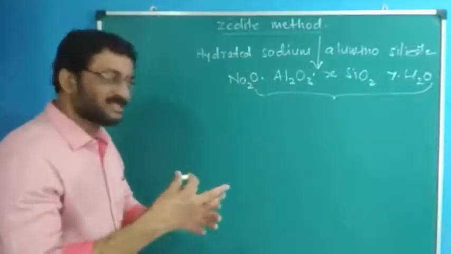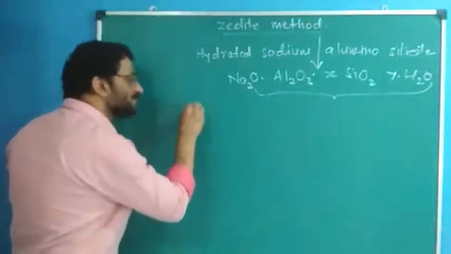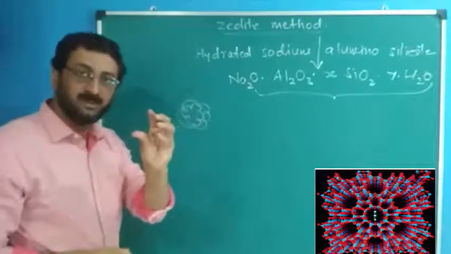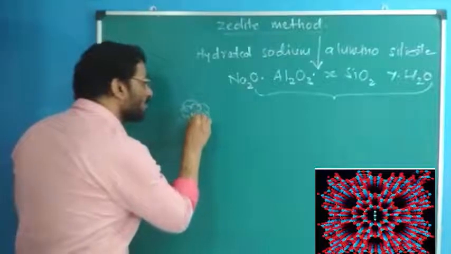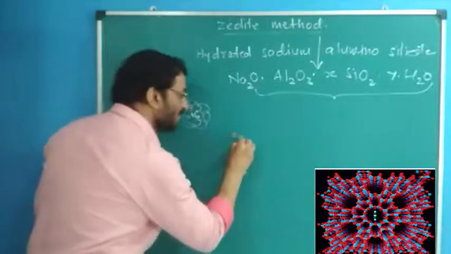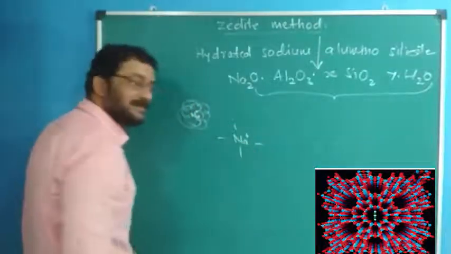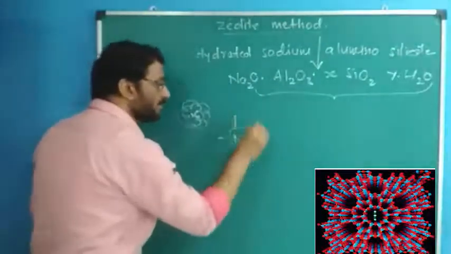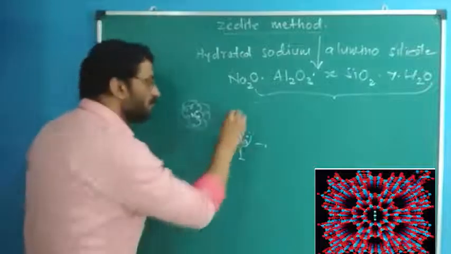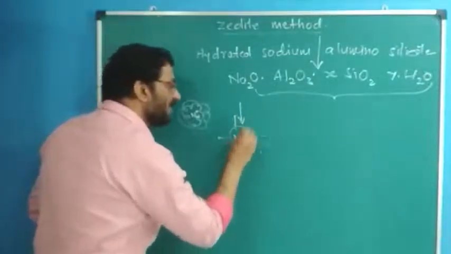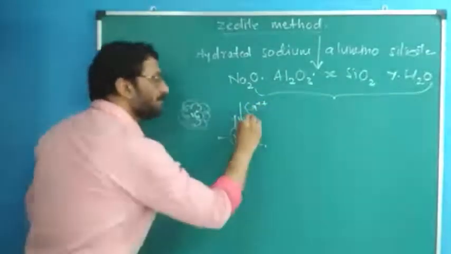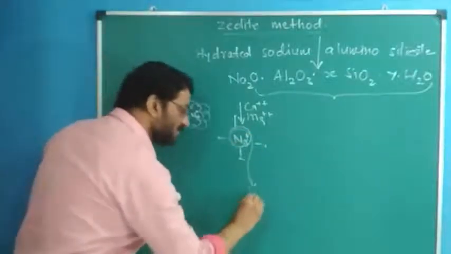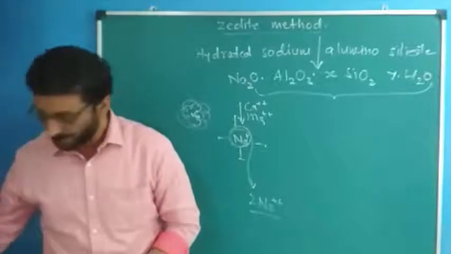Roughly, if I try to show the structure of zeolite, it may be a ball-like structure, a football-like structure like this. This is one unit. These are entangled. At the center of each unit, this Na+ is loosely held. The unit is like this, Na+ is placed like this, and these are the rest of the bonds. When you pass hard water, this bed will trap calcium ions and magnesium ions present in the hard water, and this is replaced in the reaction. This is given out. These are the exchange reactions, isn't it?